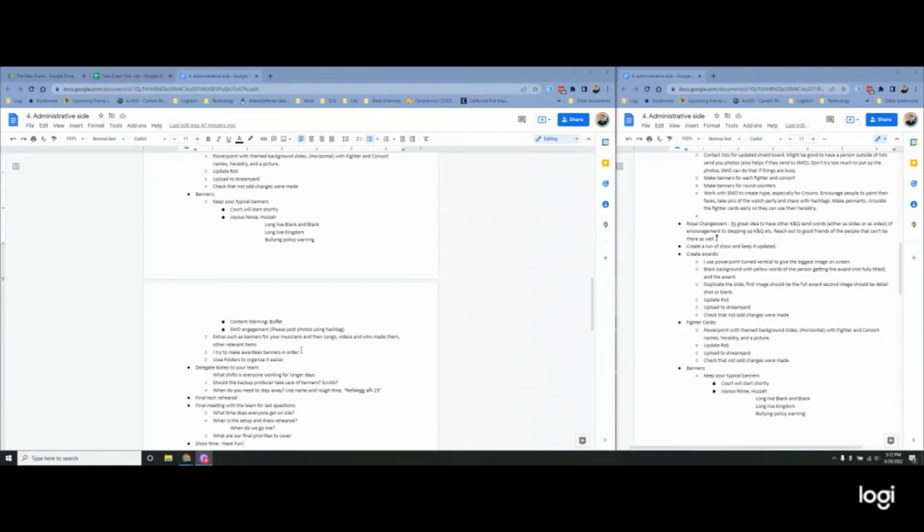I try to make the awardees banners in order. I try to do different folders for each and every court. Make sure all your people know where all the different folders are. So Royal Court versus Verona Court will have different order, or different folders, and then orders. So elevations, offers, vigils will have their own.